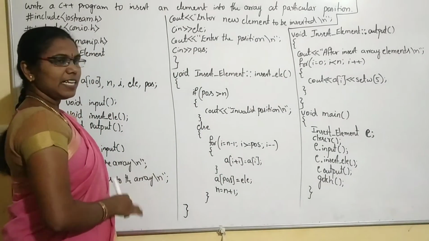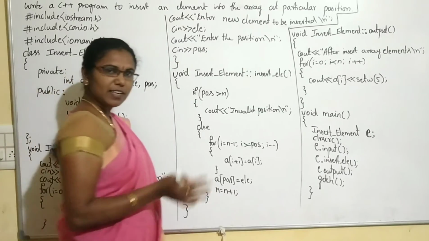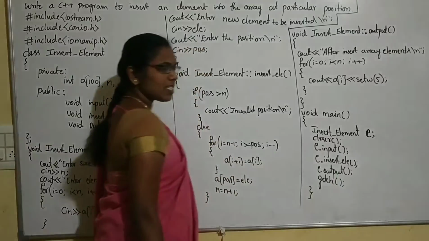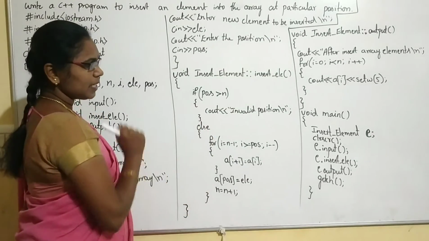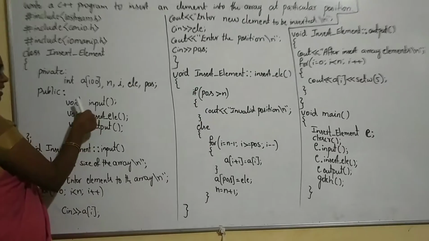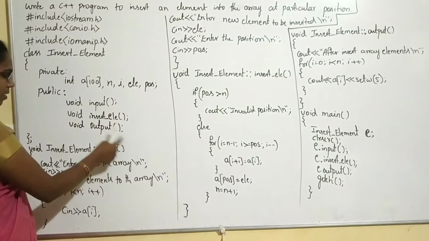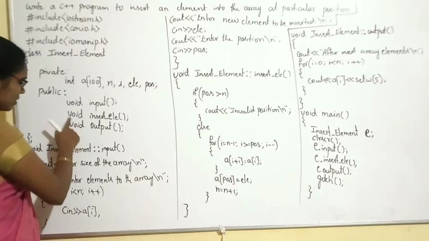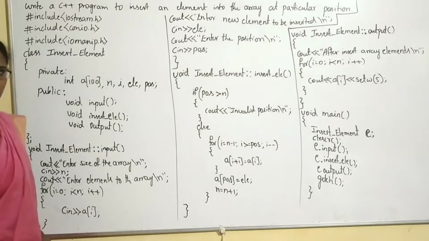Later, the clrscr function is called. It will clear the previous output screen. The output screen is ready to give the output of our program. Next, it will execute the next statement. In the next statement, we call the input function with the object e.input. Directly the control comes to the class, where we declared the function. Then the control is transferred to the function definition. Here the function is defined outside the class definition with the use of the scope resolution operator.